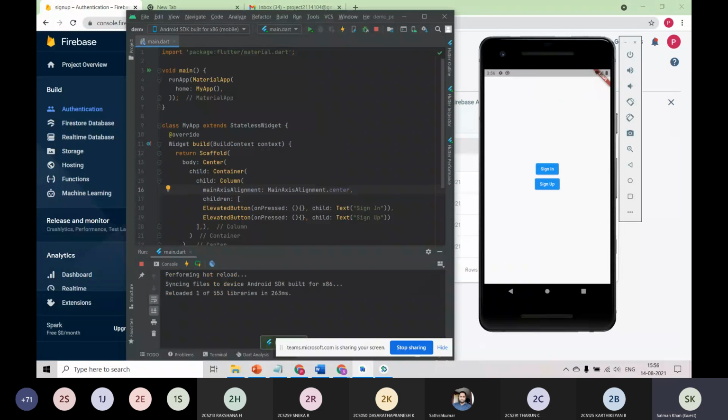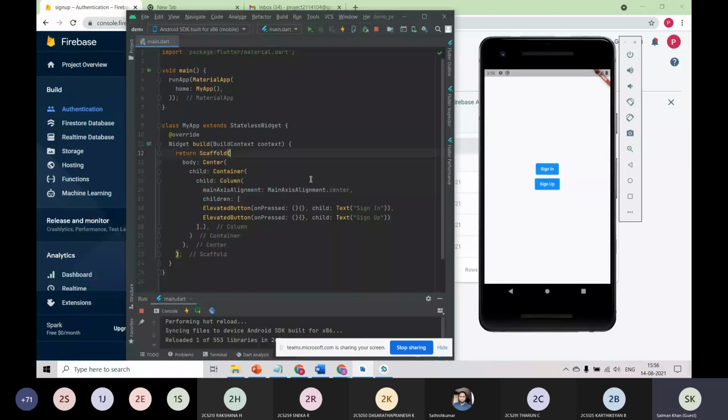So let me explain line by line what I did. In Flutter, there are two things which are mostly used: columns and rows. You know what a column is, right? It is in a linear way. For example, here are a number of lists or roll numbers. But if you see something like Amazon or Flipkart, there are horizontal scrollable things. Everything which is available horizontally is rows. So these are the main concepts.